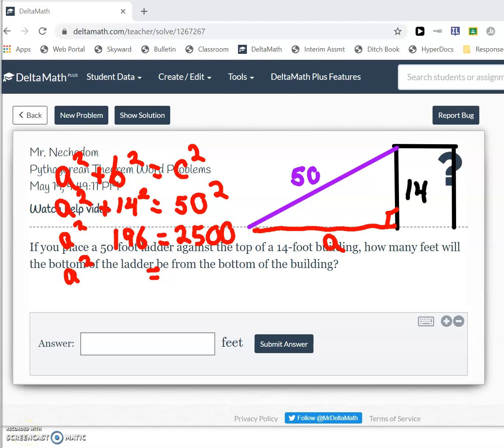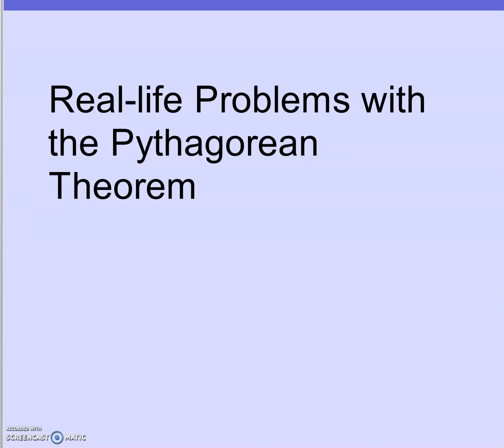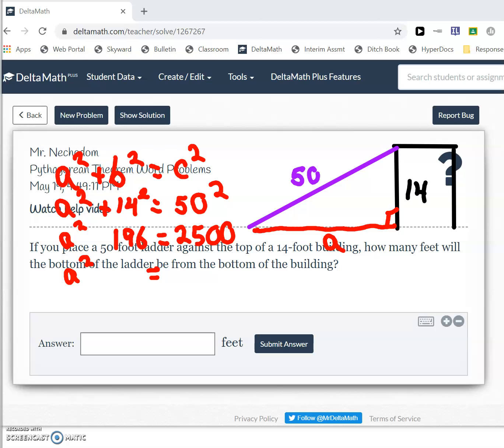That's not what I want to do at all. Okay, so I'm back at it. What I'm going to end up doing is taking 2500 and subtracting 196, and I'll just do that on a calculator here. 2500 minus 196. That gets me